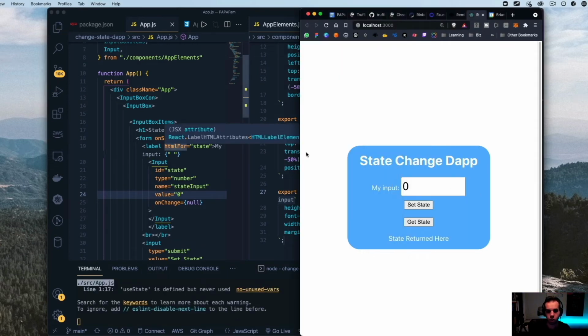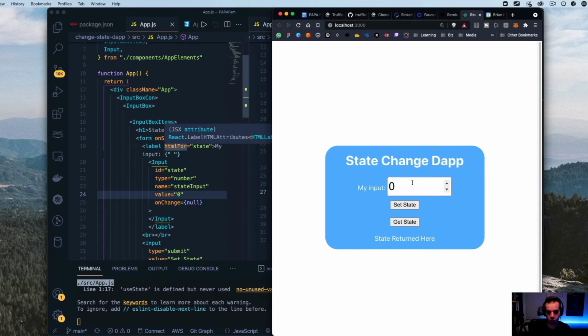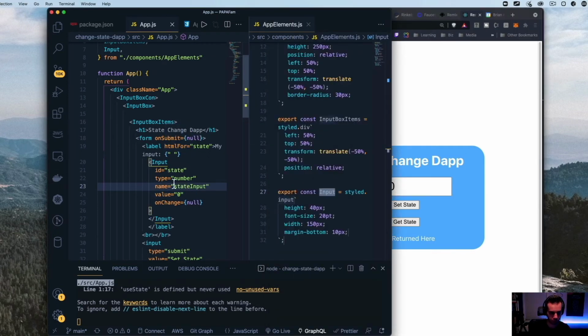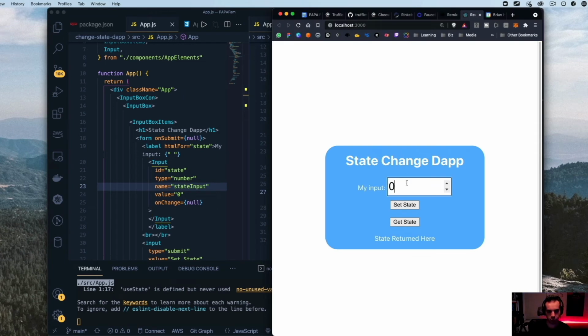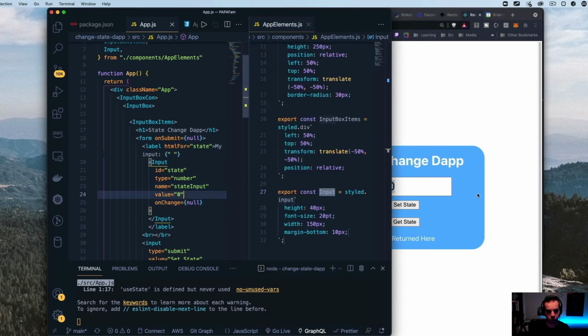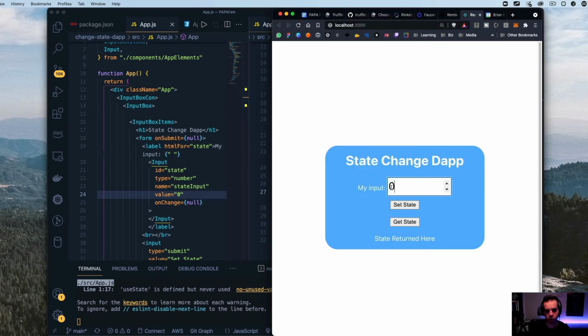All right, so this is what we have so far. So basically we're going to be having an input that we're going to set. So we could put 5, or we could put like a certain number here. And obviously with the value, we're not able to actually set it to anything, but that's why the value is 0. We would be able to put a number here. We'd be able to then press this button. It's going to set the state to the blockchain.